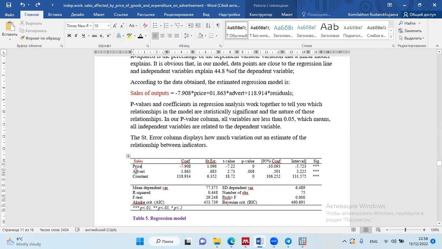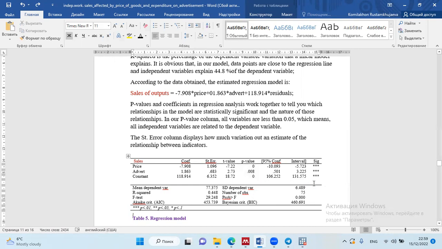And regarding expenditure on advertising, increasing one unit of expenditure on advertising affects sales positively by $1,800 US dollars. If you see the p-values, all p-values should be less than 0.05, and in our research